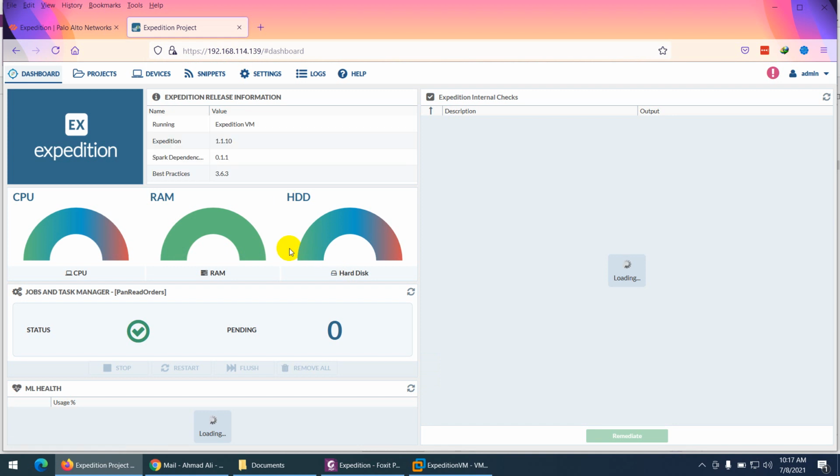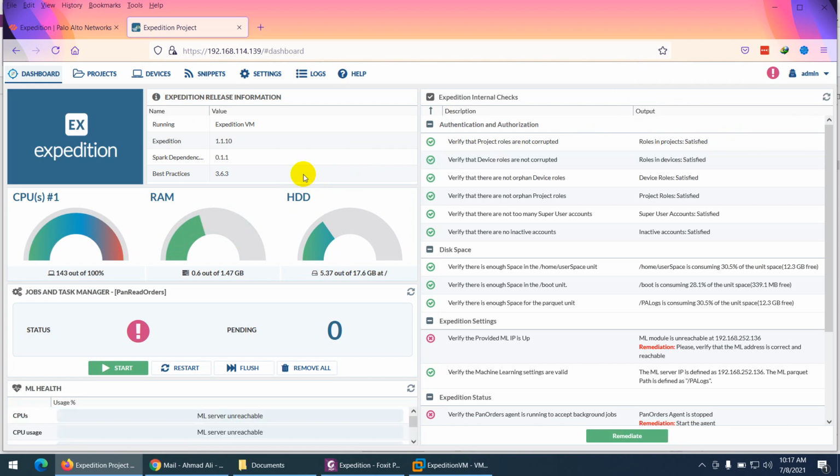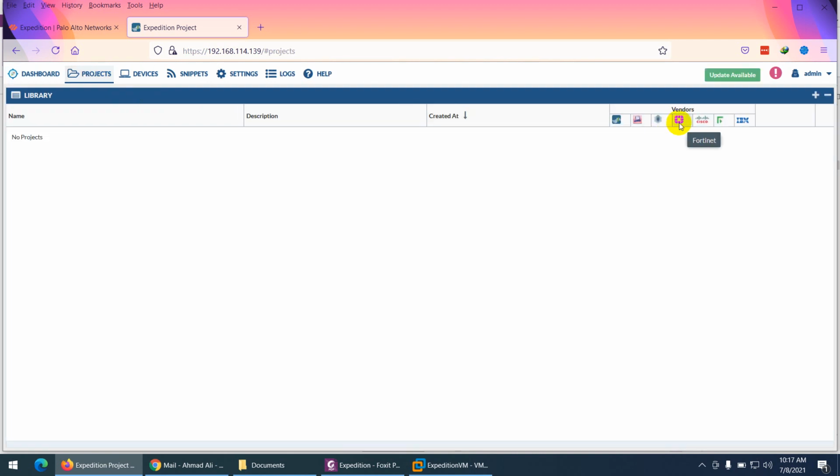Here it is, and now you can register your Palo Alto device with this Expedition tool, and then you can import Cisco ASA and other products. The vendors are Fortinet, Cisco, Juniper, Checkpoint, and Palo Alto.